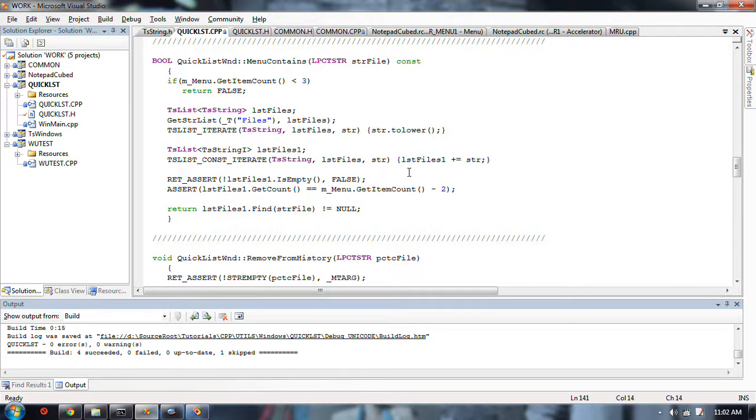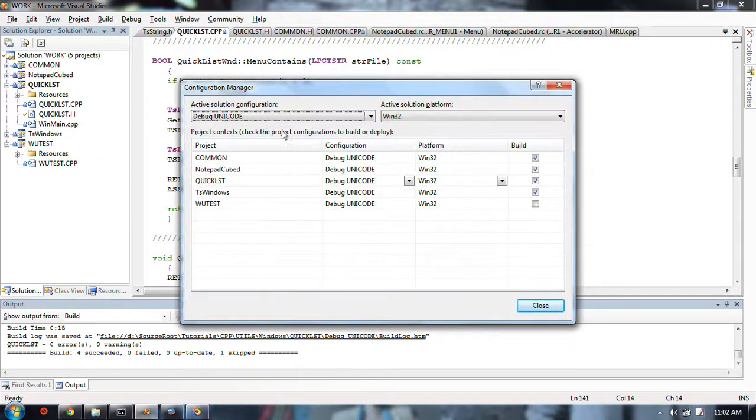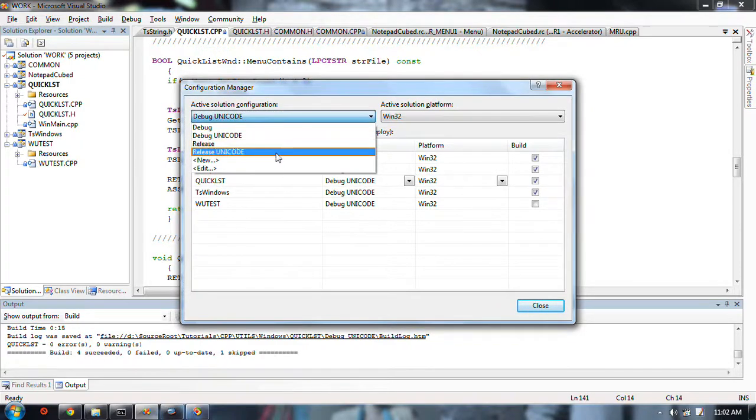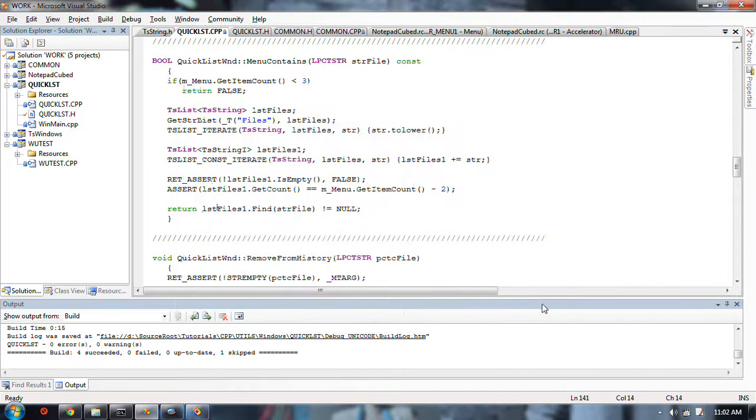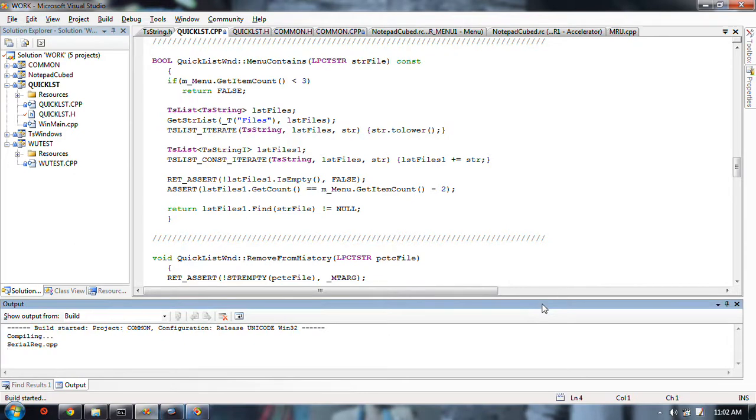Okay, now that's part of the test that it compiled. That's good. And I knew it was going to compile because it was already debug mode. Make sure it compiles in release.